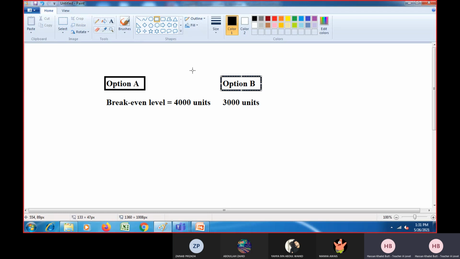Obviously, we will be choosing option number B. Why? Because break-even is achieved at 3,000, whereas for option A profit will start only after 4,000 units. That's why we will simply reject that. Right? But there is a problem. Problem is option B. Yes, break-even is achieved early,